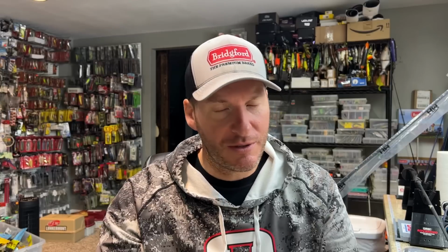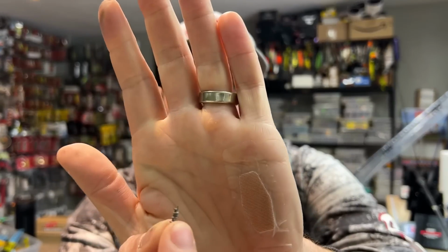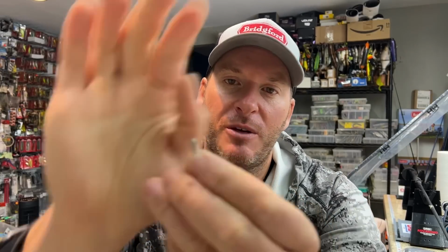Now these are expensive in terms of nail weights, but what I love about these is it's got that corkscrew, I don't know what you even call it. It's got the molded-in screw, so you can screw it right into your baits. The reason I love this is because that holds better than any other nail weight I've ever used. And at the same time, what I really like about it is it screws up to the point where you